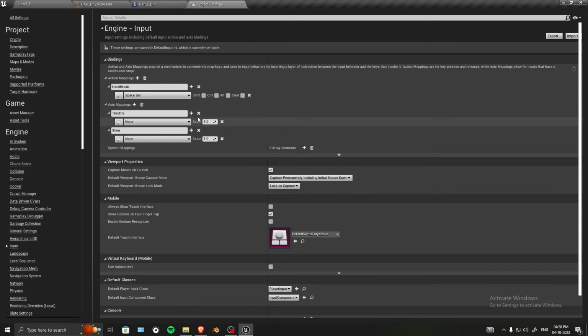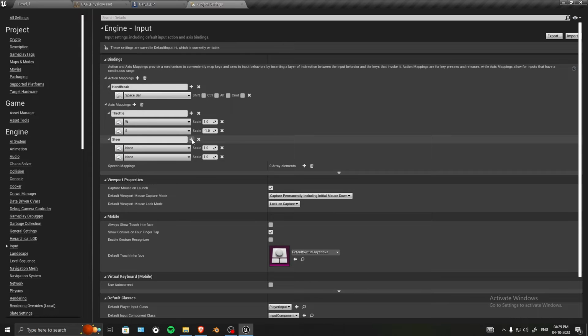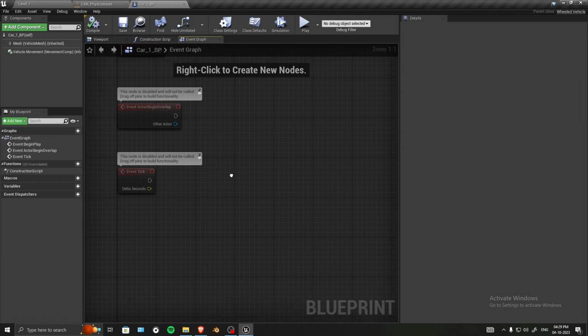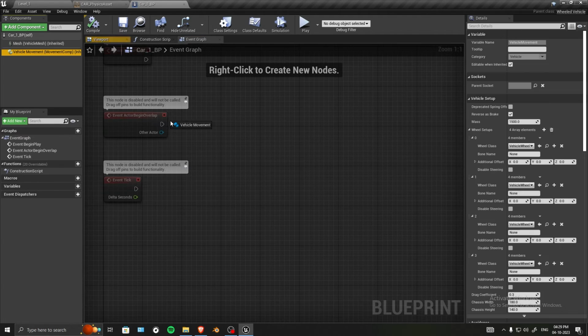In the throttle we actually need 2 of them, so W and S. W will be 1, S will be -1. In the steer we need 2 components, we need D and A. D will be positive, A will be negative, and we are done with the inputs for now. Now go inside your vehicle, and we need to make a controller for it. Let's take our vehicle movement